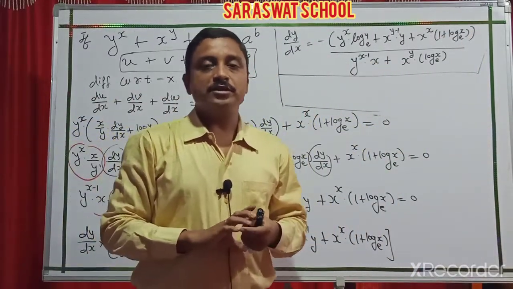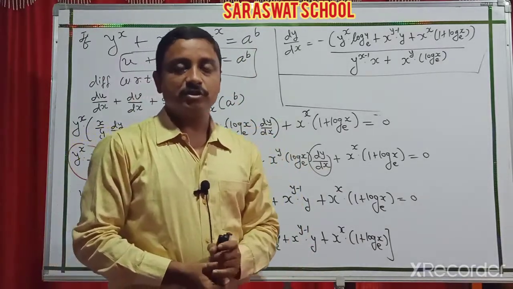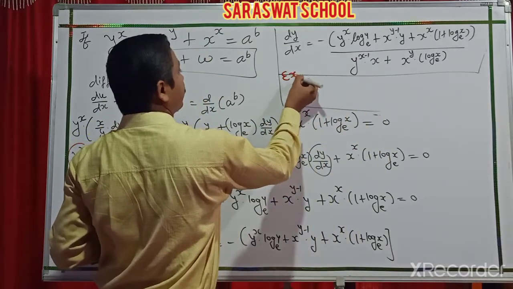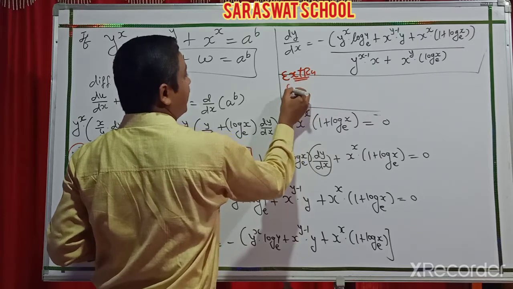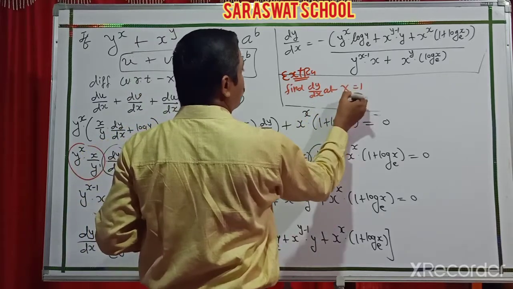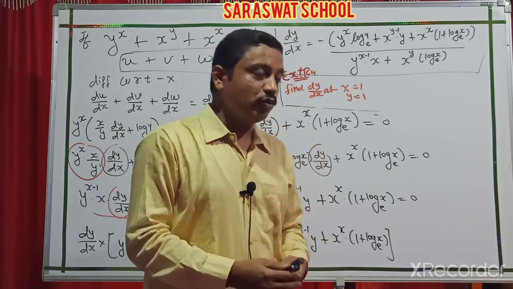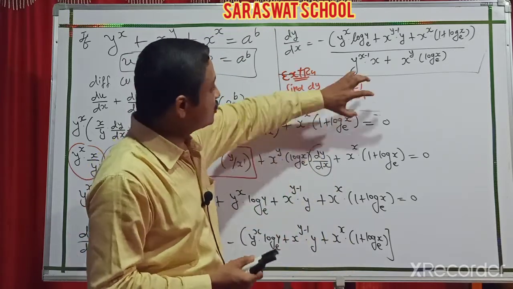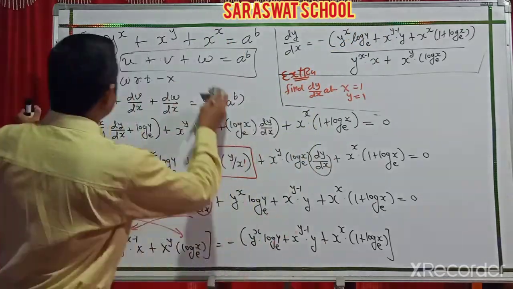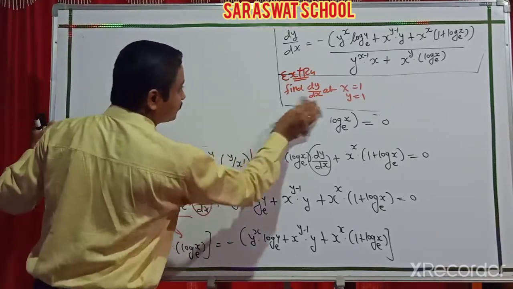But sometimes in the exam this question is also asked at a different level, so I am going to show you a different level, extra for you. Find dy by dx at (x1, y1) cases. It is particular data given. So if you apply x1, y1, then you attach the full value here and find the new answer. So I am also moving ahead in the same way for the x1 and y1 case.